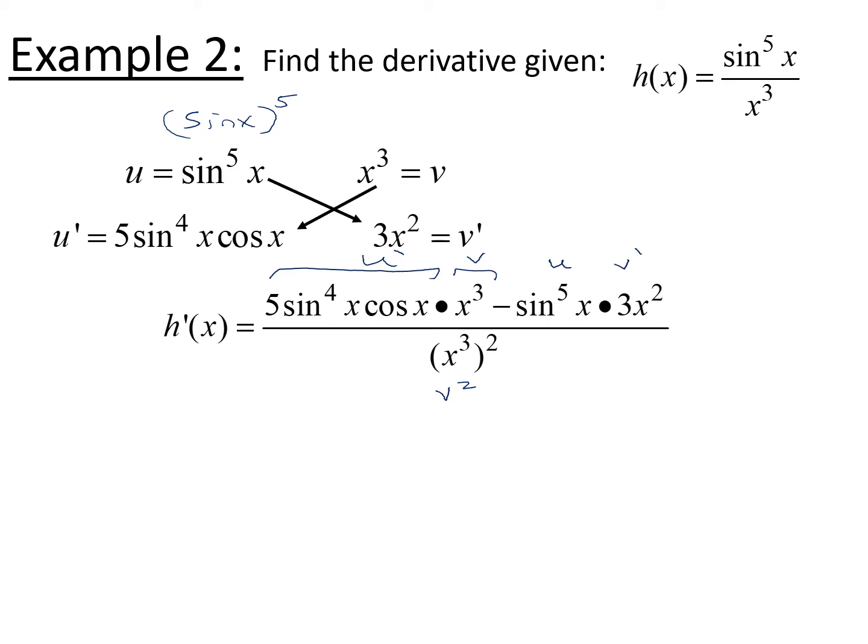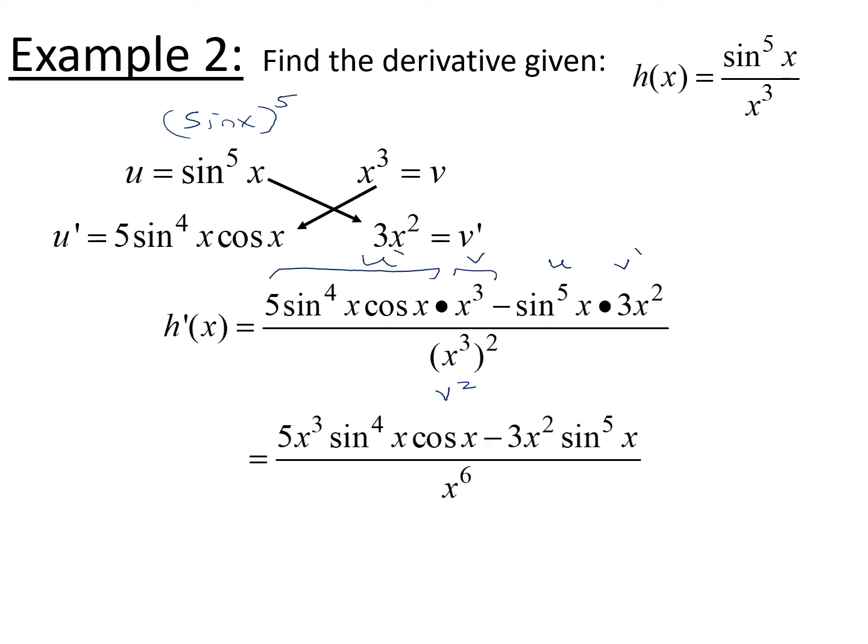All right, so from here, the calculus is done, but we are going to go ahead and clean up some of the math. We have some things we can write out in front that are a little safer to write out in front, the x to the third and 3x squared. So I'm going to rearrange those to 5x to the third times the sine to the fourth power x, cosine x, and so forth. And then one of the things that we're going to notice is we have some common factors that can be cleaned up and reduced out, or the greatest common